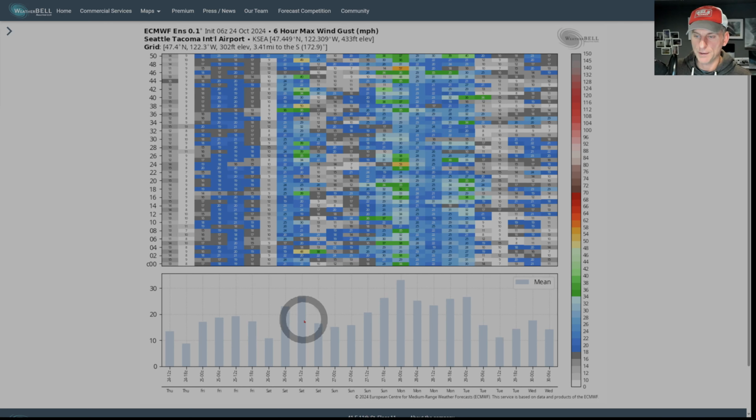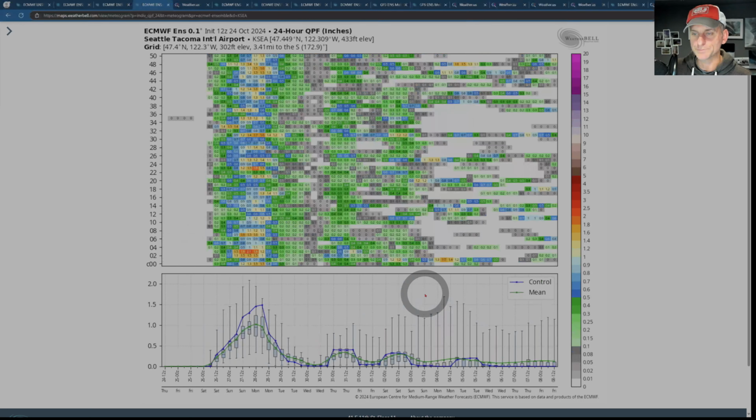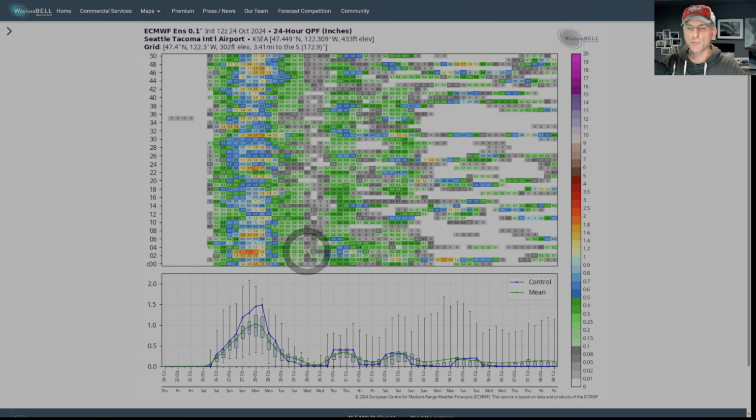And then if you go to the bottom, the blue bar here is the ensemble mean. That's the average of all 50 of the ensemble members. You can see a little bit of a bump in the wind here for those periods. Now, you can do the same thing for precipitation as well. Take a look here. You can see one of these shows up over 2 inches. It's probably that. Ensemble member number 3 shows 2.1 inches in a 24-hour period. On the flip side, though, you can see some of those individual ensemble members only showing a quarter, 3/10 of an inch, 4/10 of an inch.